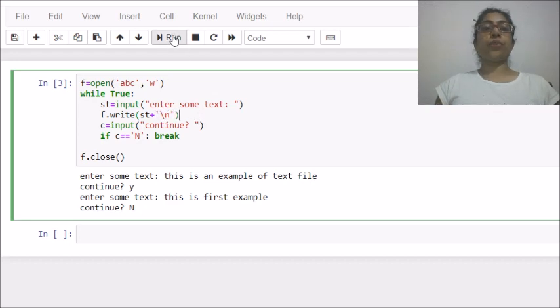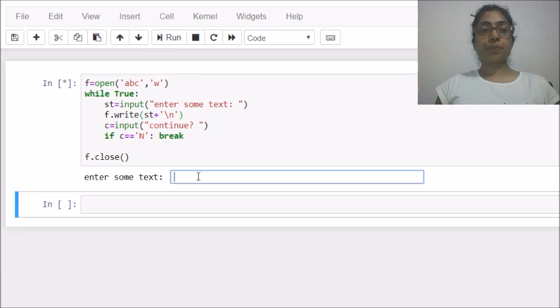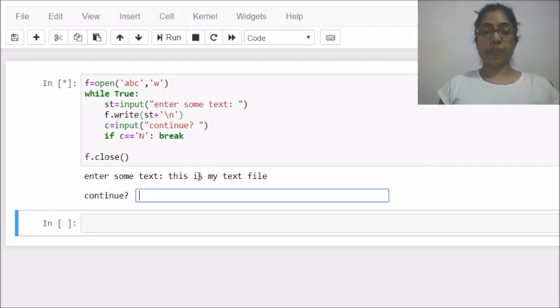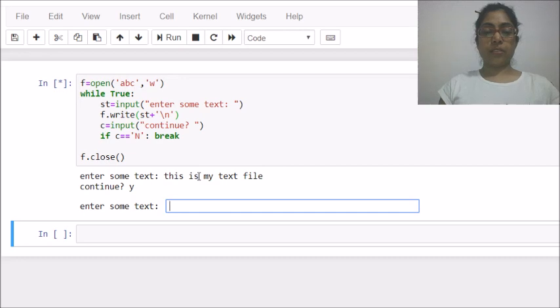So let's try to run this program again. This is my text file. I want to continue, yes. This is first example.